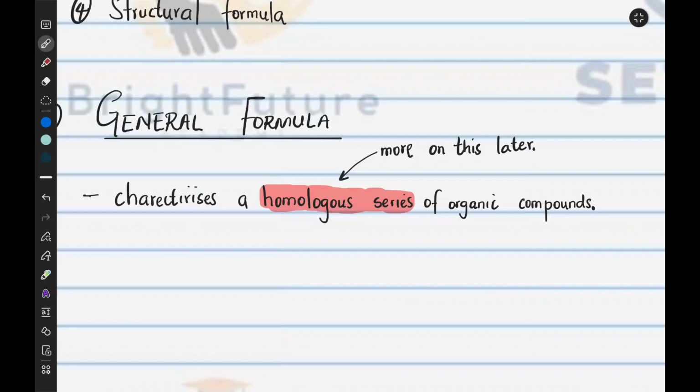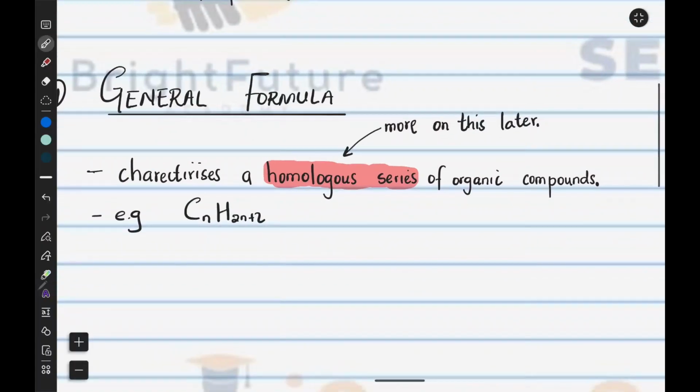So an example of a general formula will be something like the one for alkanes, right? For alkanes, we usually use the formula CnH2n+2. So what that means is, if for instance I'm looking for an alkane that has 2 carbon atoms, so C2, I will be able to know how many hydrogen atoms it has, because it will be 2n plus 2, which is 2 times these 2, right? That 2, and then